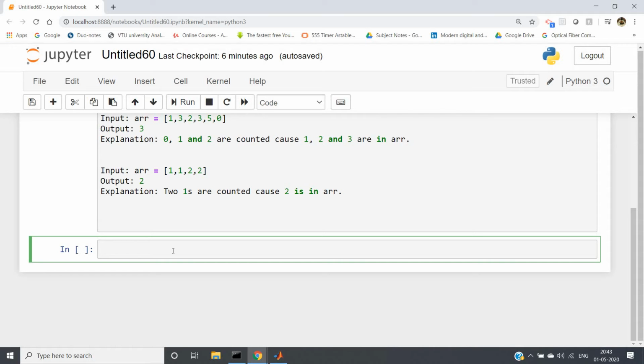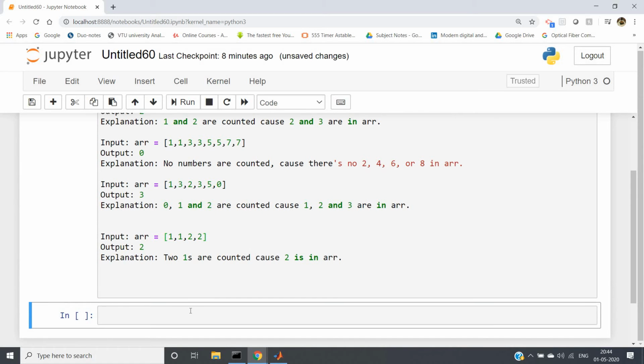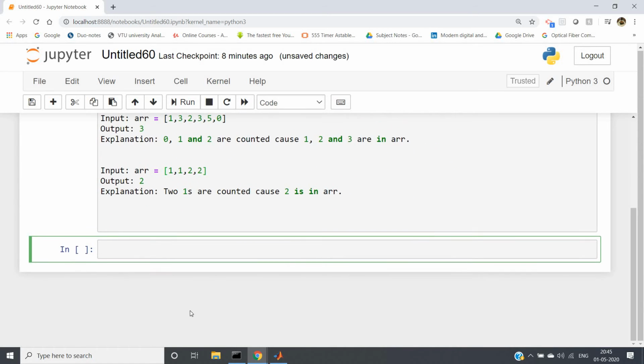To check whether x plus 1 is available in our list or not, we can use in, that is, x plus 1 in list. And one more thing, I have also shown you traversal in a list. That concept we also have to use in this question. Let me take the input from the user first. We can first take the length of the list as input. So L equal to int input.